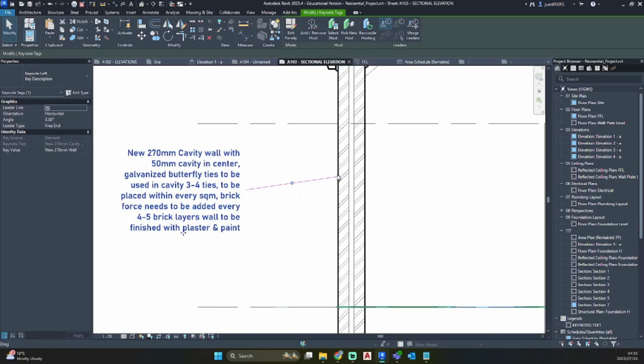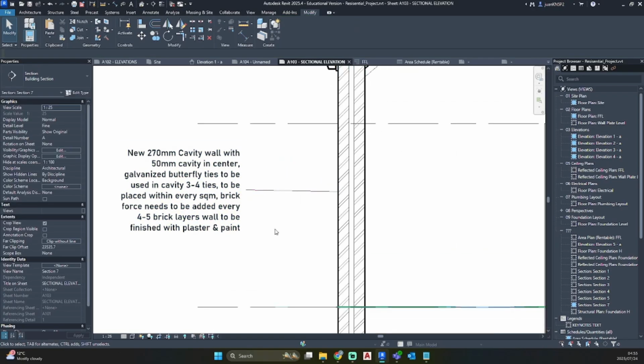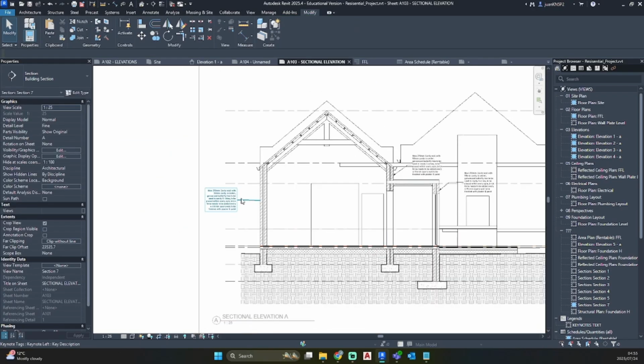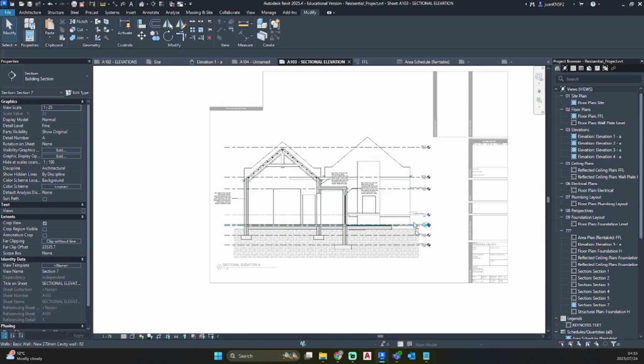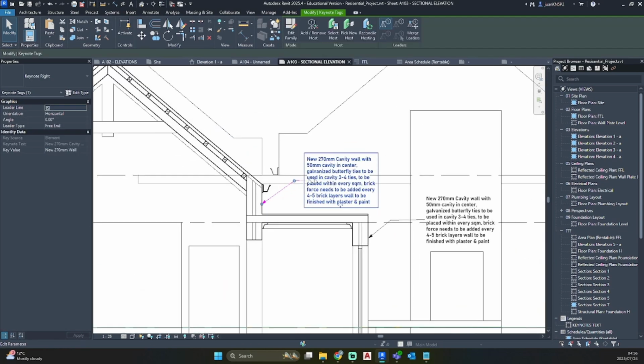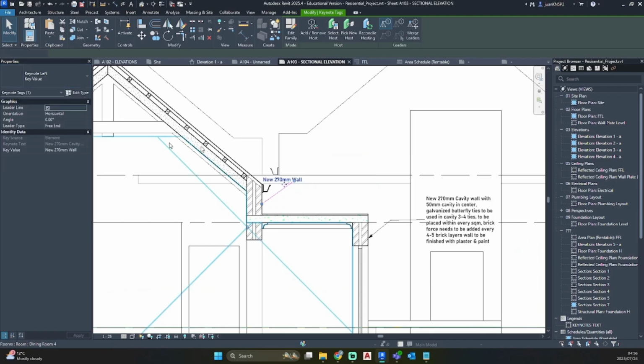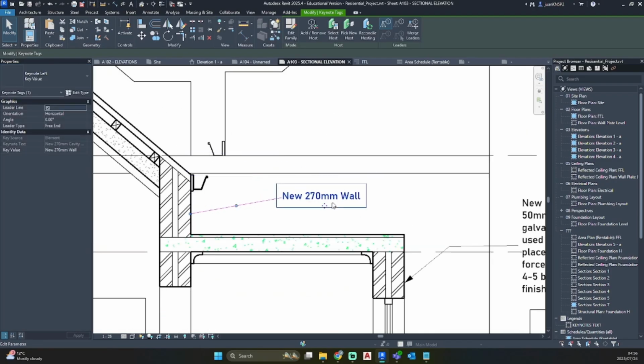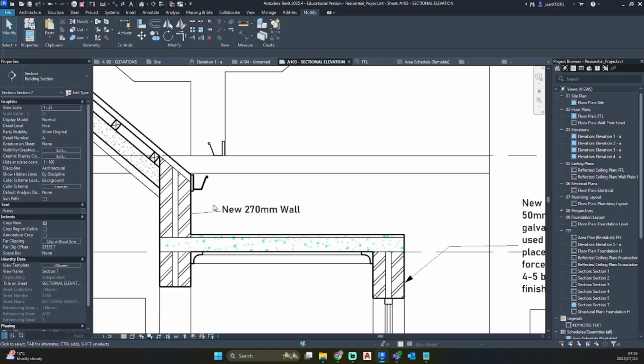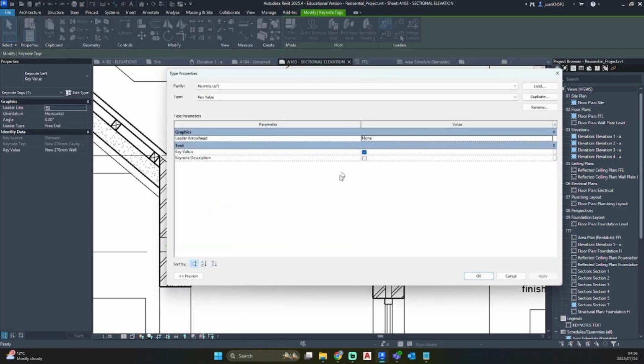Now we have different settings for our keynote. So let's say if your drawing gets too populated, you can change this to key value, and this would then only show the tag text. So you can go add our leader arrowhead,